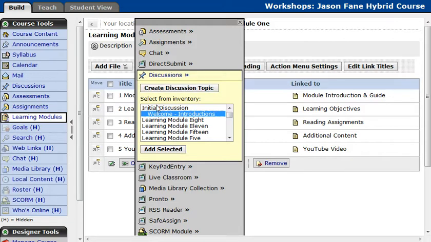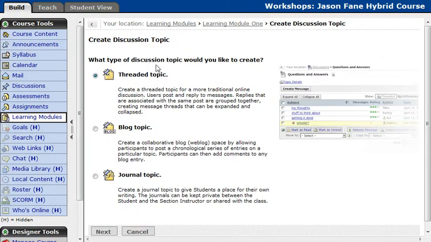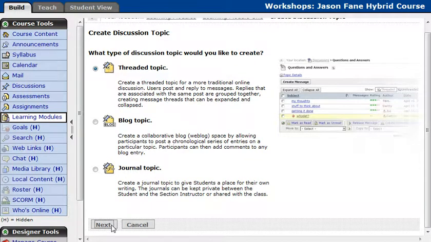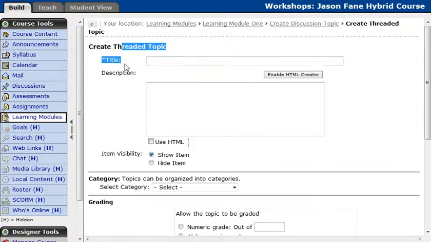In this case, I'm going to go ahead and start from scratch and create my own discussion topic. So I'm going to click create discussion topic. This will take me to the discussion creation page. And what I'm going to do is just make this a standard threaded topic. I'm going to click next. I'm going to have to give it a title, so I'm just going to say